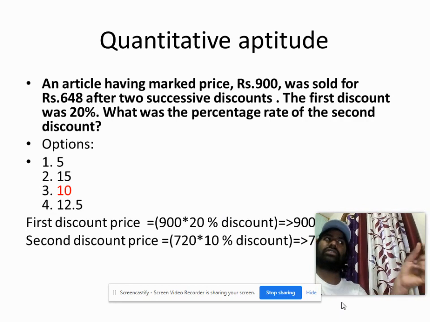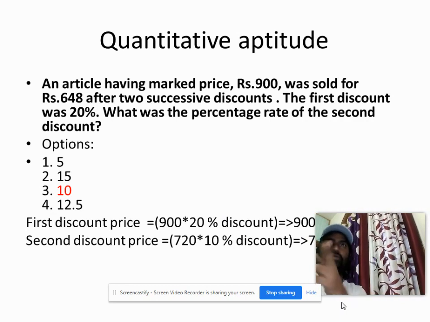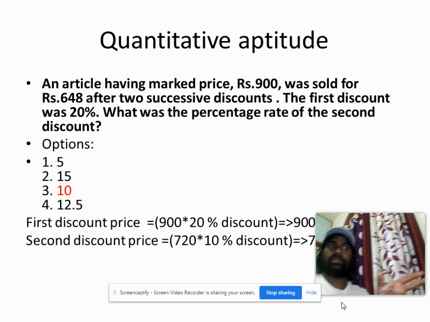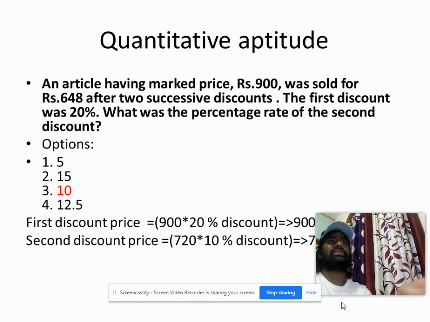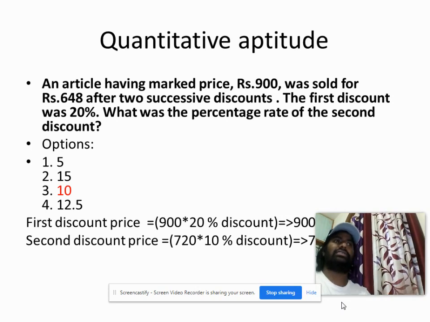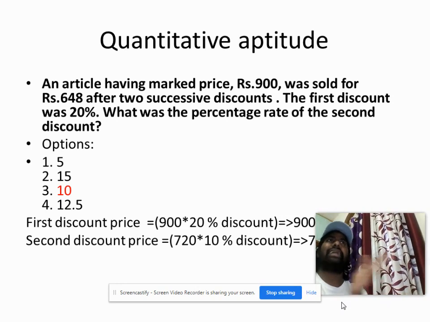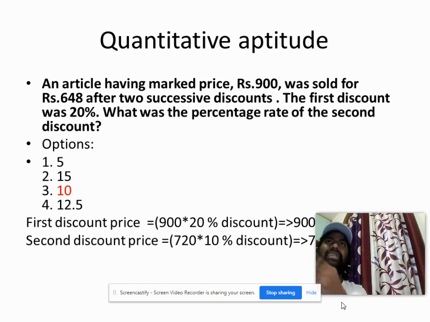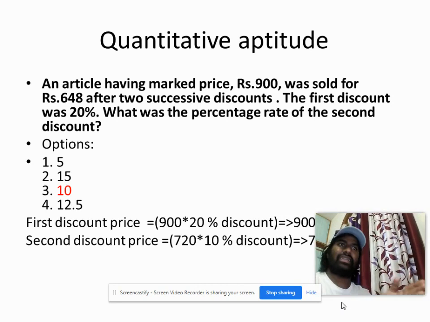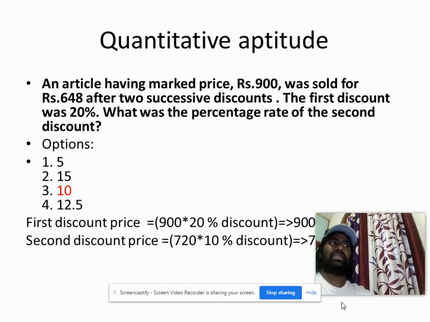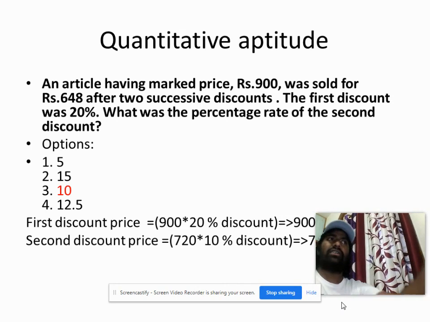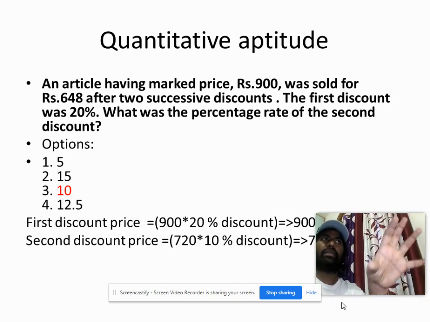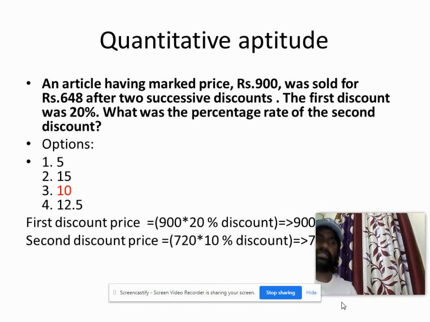Okay, the first discount is 20%, that is 900 into 20%, so 900 minus 180 is equal to 720. For the second discount percent, I did a triangle method directly to give you the answer. If a 10% discount is applied, 720 into 10% is 72, so 720 minus 72, you will get 648. That is the right answer. Okay, it is a triangular method. The moment you see the options, if you know 900 is a kind of round-off number, you'll get the answer itself.